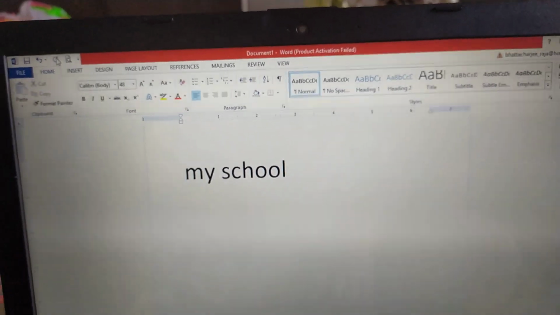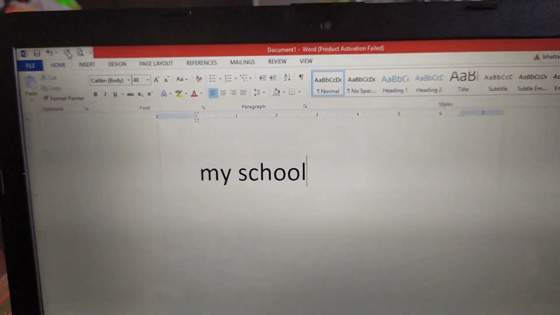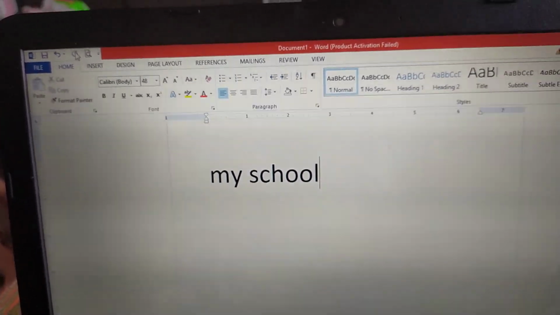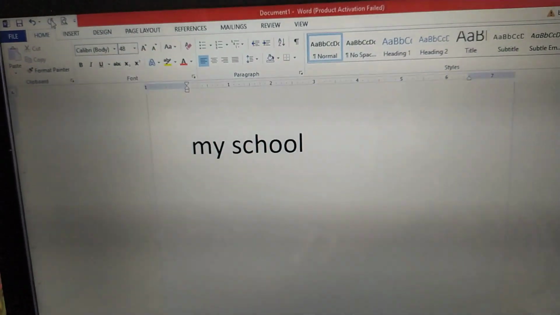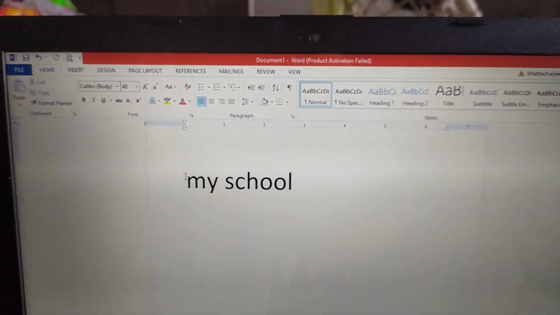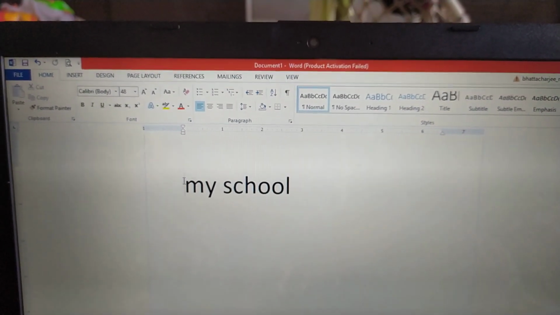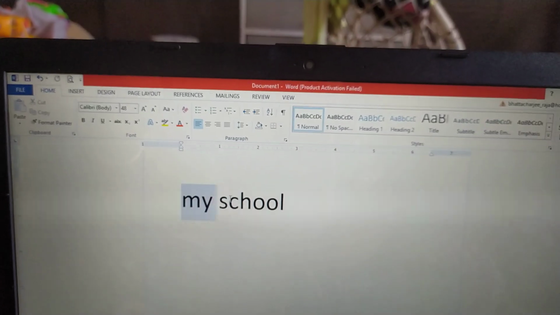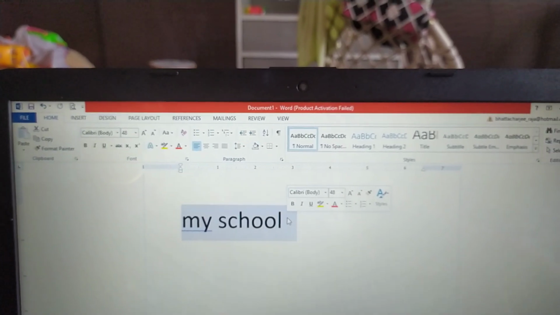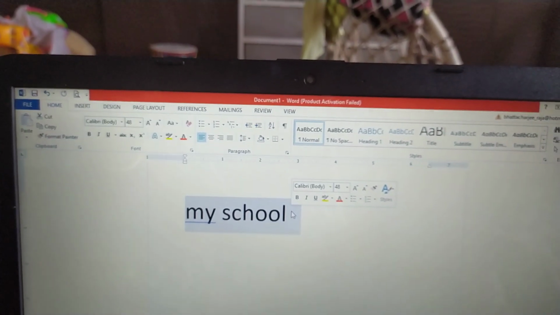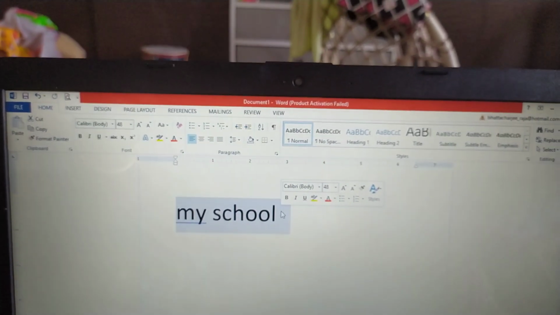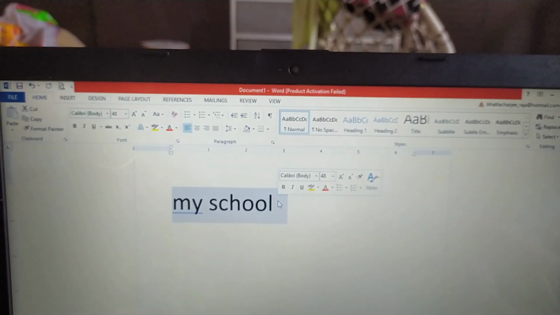Now let us revise the chapter once again from the first. Now, how to select something? First we have to click in the first place from where we want to start the selection. Click the mouse over there, drag the mouse and leave it, and our text will be selected. There are different mouse actions to select a word, sentence, paragraph, entire text. To select one character from the right, left, these all things are there.